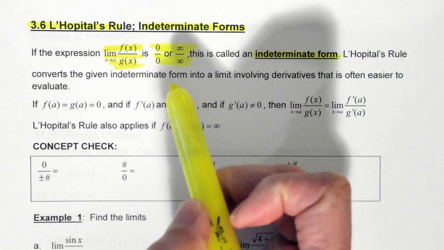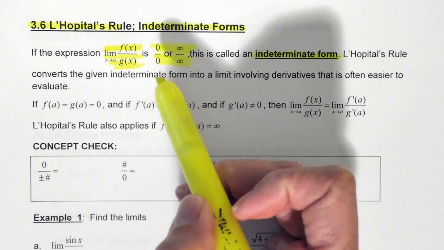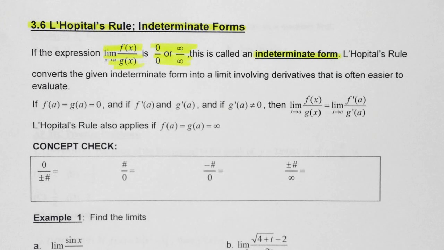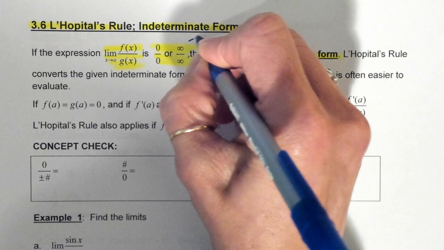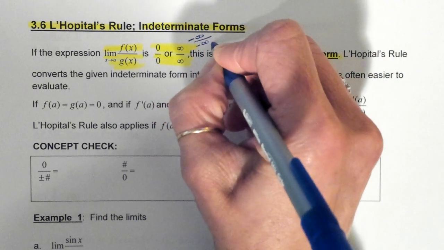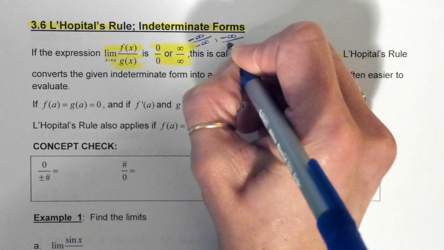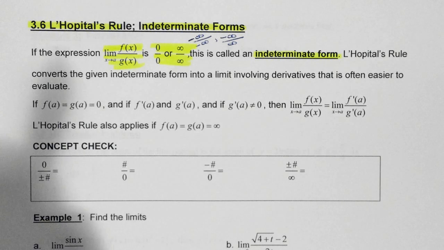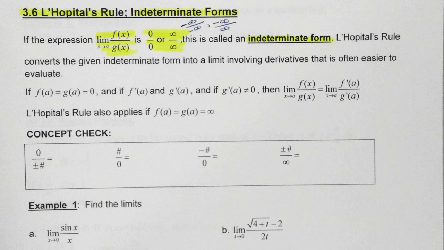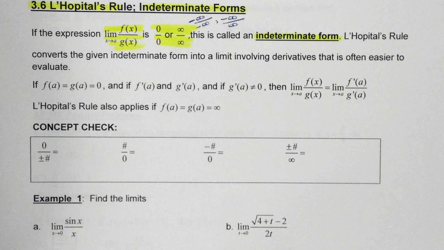One thing that I do want to point out here is that your indeterminate form could also be negative infinity over negative infinity, or negative infinity over positive infinity, or positive over negative. It doesn't matter. That's still considered an indeterminate form. It doesn't have to be positive over positive or negative over negative. It's still indeterminate. And what L'Hopital's rule allows you to do is convert the given indeterminate form